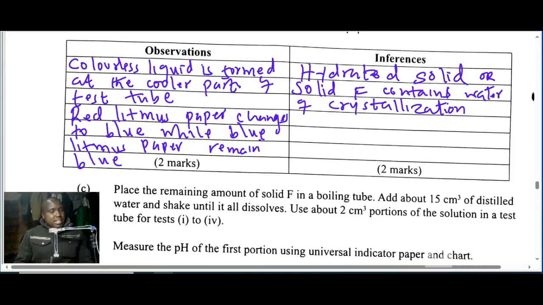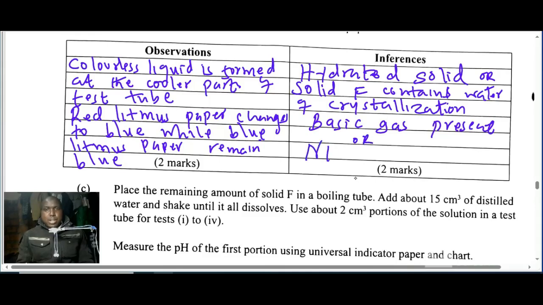It means the gas that was produced is basic. It is a base which changes red litmus paper to blue. So you can say basic gas present. So there are two ways of writing the answer, the inference. You can simply say basic gas present,